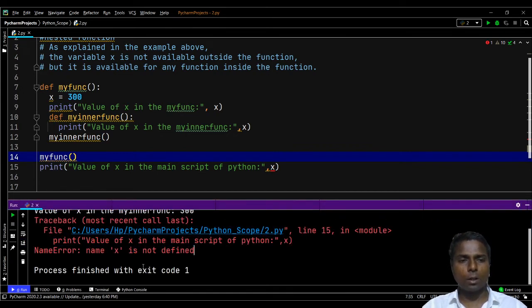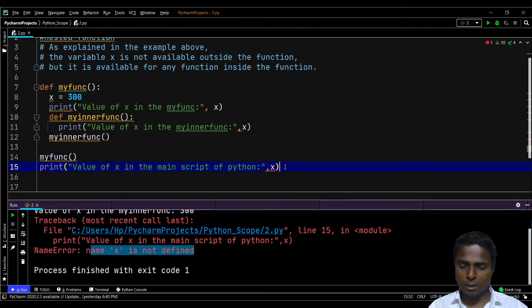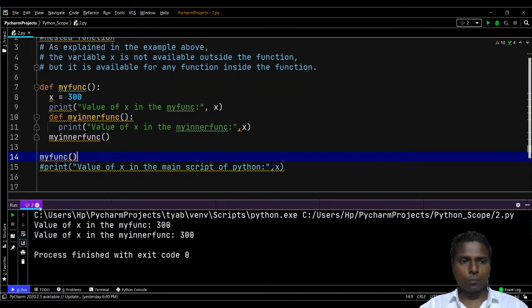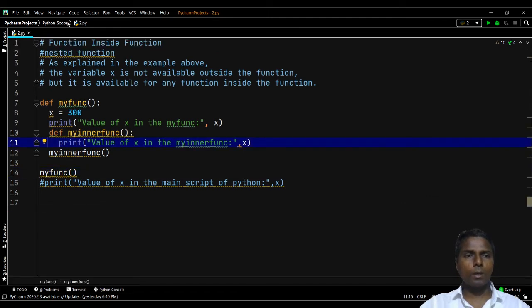The error says name x is not defined for the main script, whereas x is defined for both functions. So from this program we understood that a function inside a function can be used. In another language we call it a nested function, as explained in the above example.